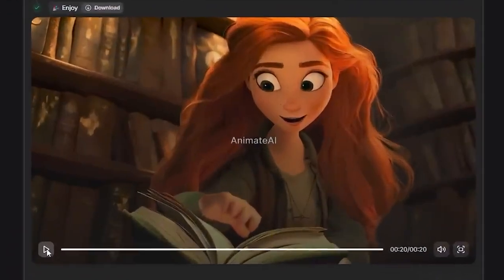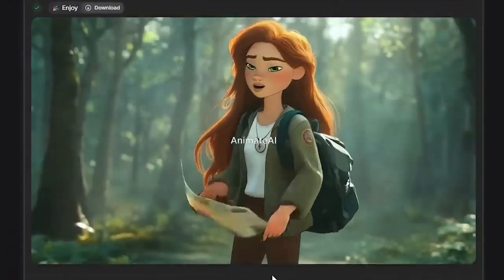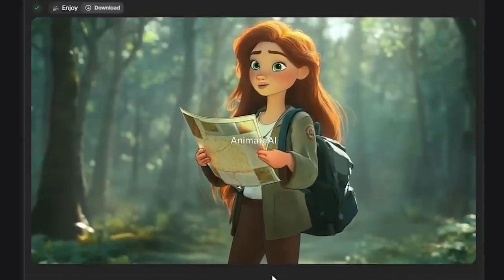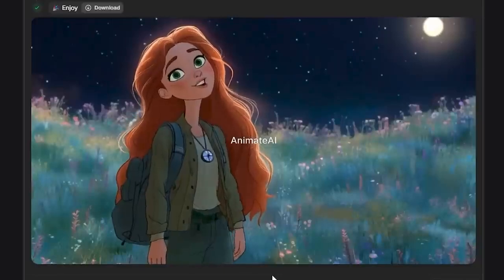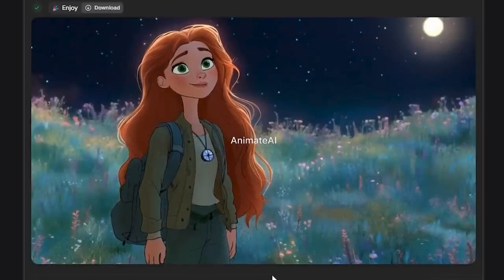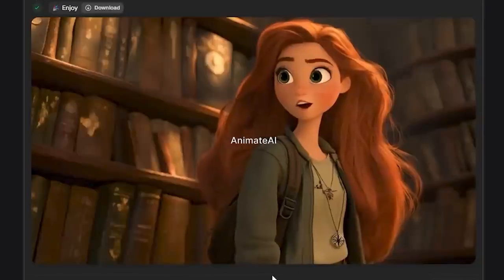Alright, so this is the output. And this is obviously not bad. So the purpose of showing you the manual process is that if you have something in your mind, if you want to change anything, and if you don't like any results, you can obviously change it according to your preferences. But the results are obviously good.